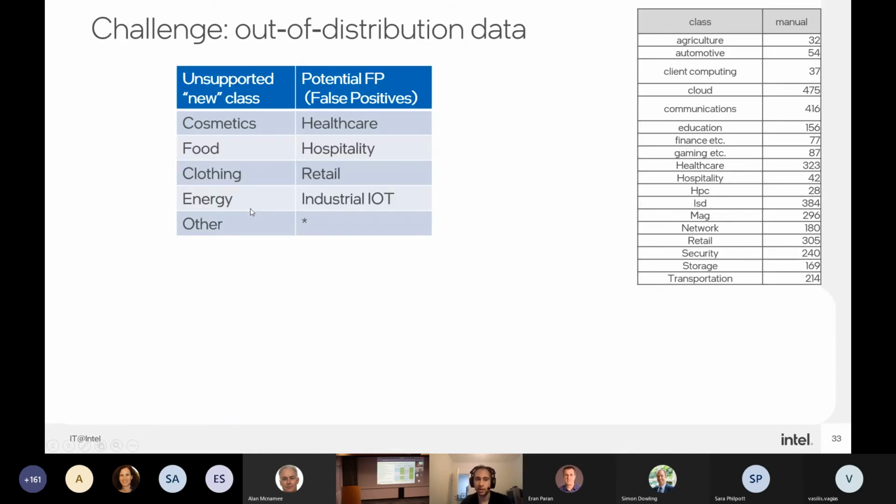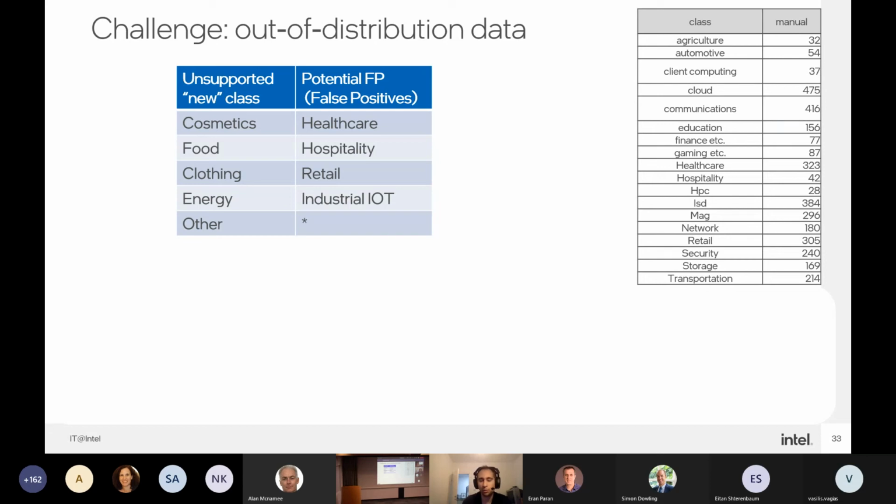The last problem is the challenge of out of distribution. We have our relevant labels that we want to assign, but in the population or inference data, we also have a lot of irrelevant labels like cosmetics, food, clothing.